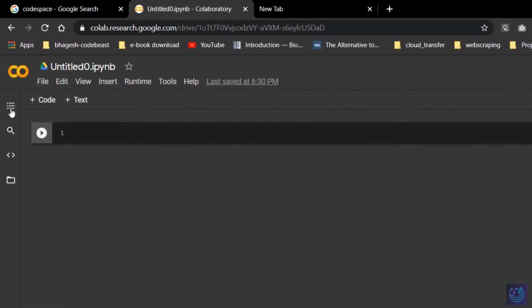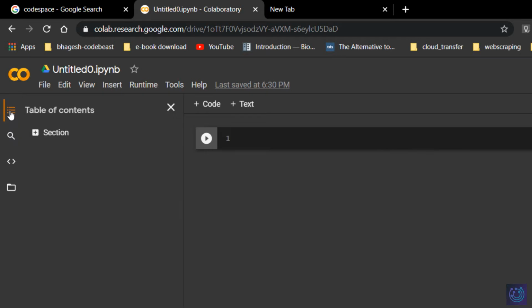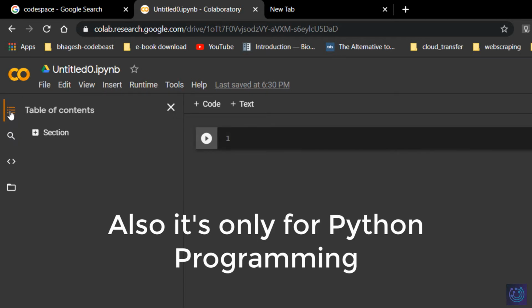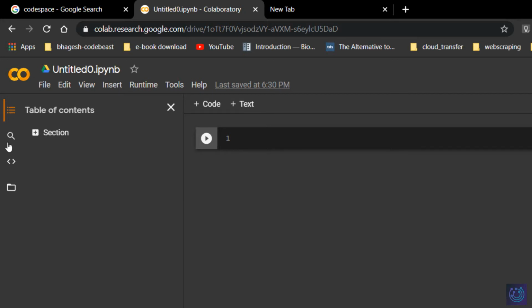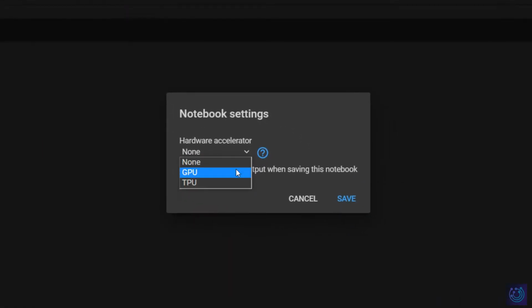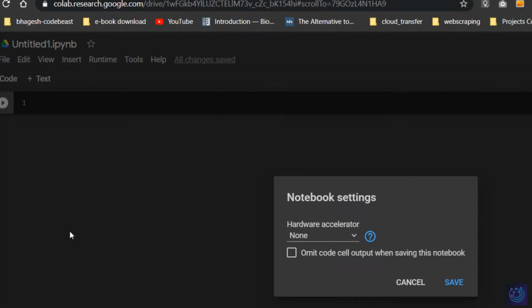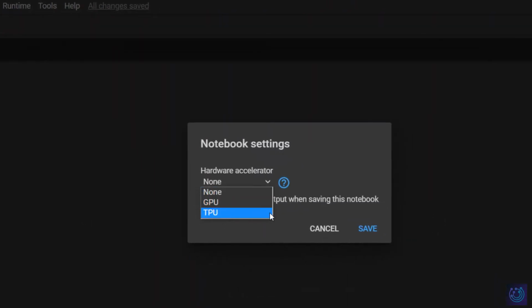As you can see, it has a pretty good interface, but the issue with this is it's a very new environment. If you're used to coding in a certain IDE, or specifically in VS Code, this will seem like a different format of the IDE. So what we are going to do is take these GPU and TPU advantages into our native Visual Studio Code editor. First, we'll go to Runtime and change the runtime type to the GPU or TPU you want to select, and after this click on save.